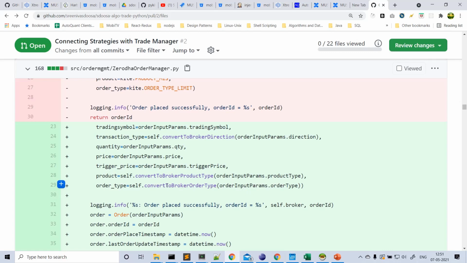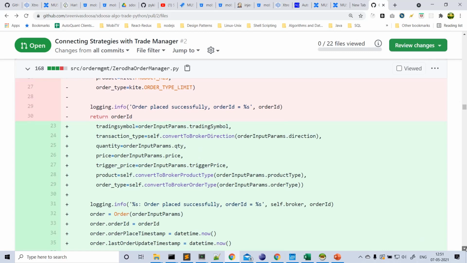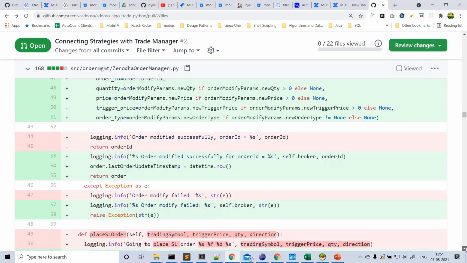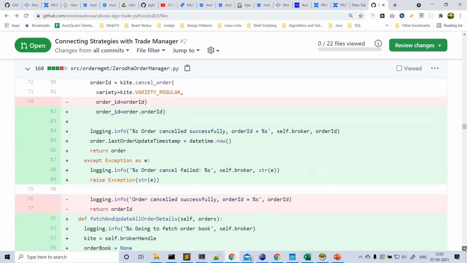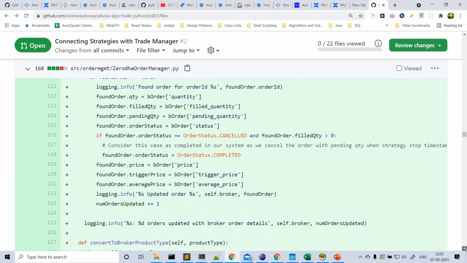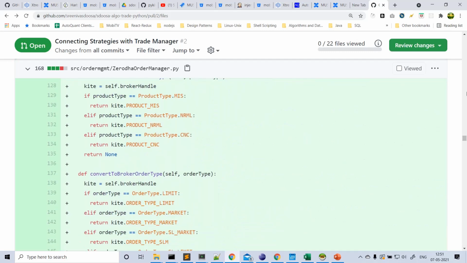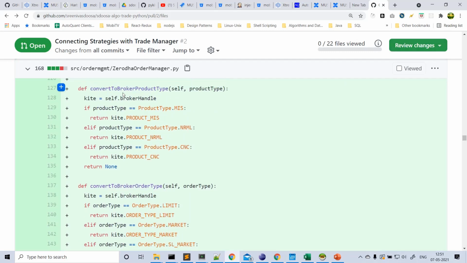Okay, so let us look at convert to broker direction, convert to product type, and convert to order type in the Zerodha order manager. If you come down, yeah, I'm sorry, not this one. Just see what the logic is in convert to broker product type. This is our system product type. If our system product type is MIS, I'm getting the broker handle here and returning kite.PRODUCT_MIS.